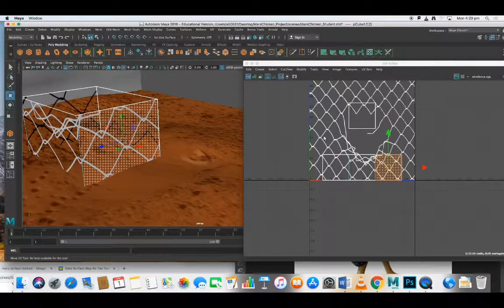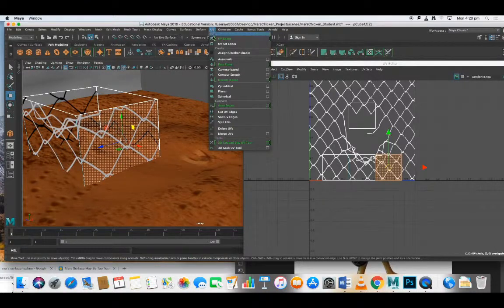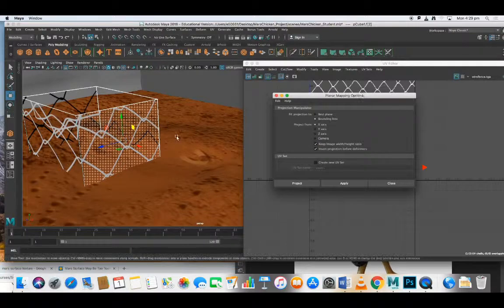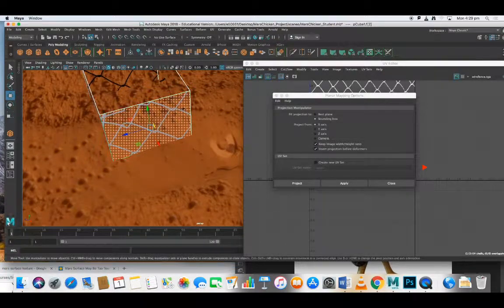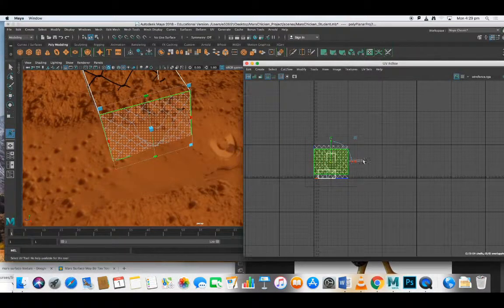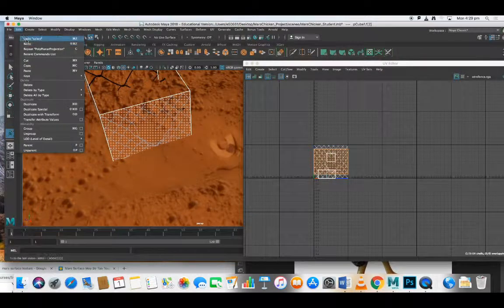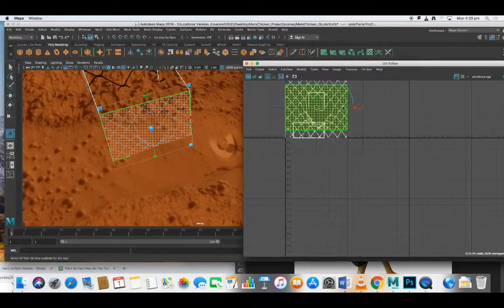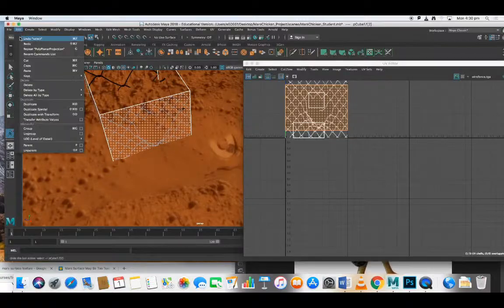Okay, but what we need to do now is to somehow rearrange this so it fits, so the whole texture is covered. The way we do that, step one is to select the face that you want, which is this one. Step two is you go to UV planar mapping options. Select the direction that you want this projected. So in this case, it's the x-axis. If I select x-axis and go apply or project, you can sort of see, oops, zoom in a bit. That's what happens when you